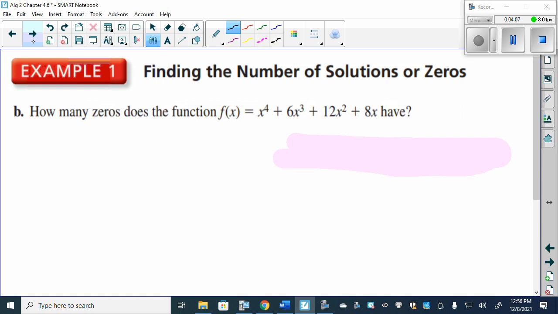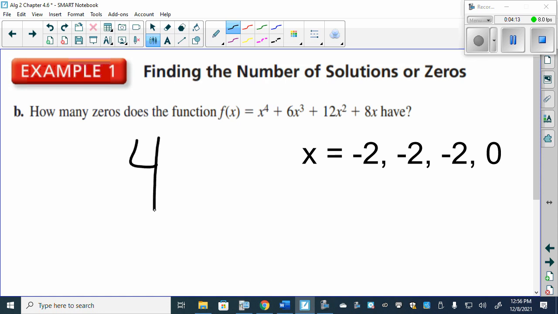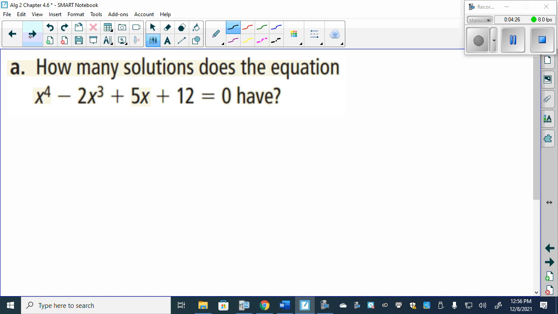How many solutions would this one have? And if we found them, the solutions would be negative 2, negative 2, negative 2, and 0. We ended up getting negative 2 three times. So the number of solutions for this equation would be